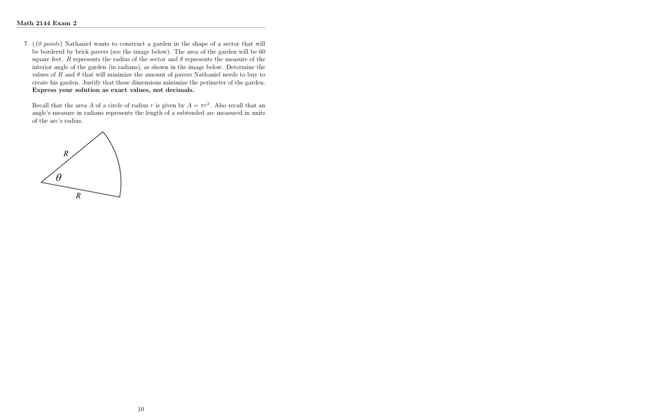Next one, I have: Nathaniel wants to construct a garden in the shape of a sector that will be bordered by brick pavers. The area of the garden will be 60 square feet. R represents the radius of the sector, and theta represents the measure of the interior angle in radians. Determine the values of R and theta that minimize the amount of pavers Nathaniel needs to buy. Okay, so